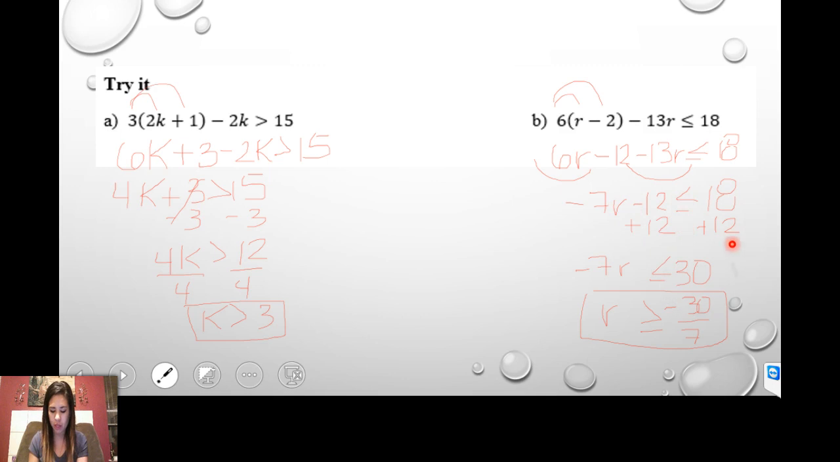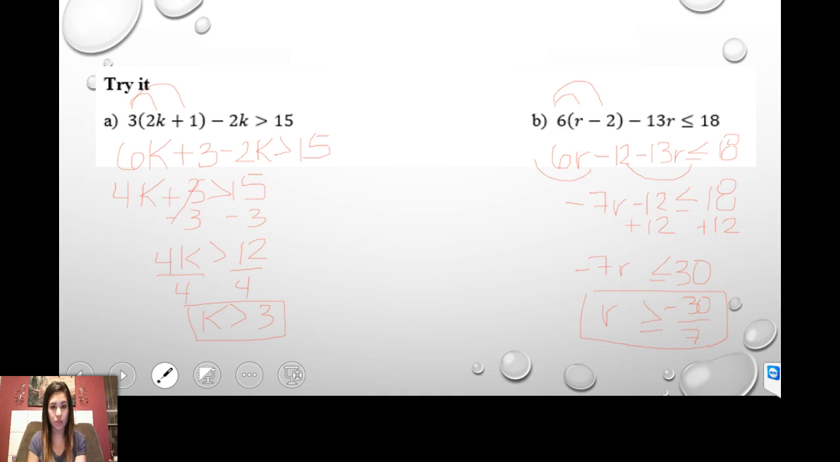I'm left with 30 on the right hand side, and to get rid of this negative 7, I'm going to have to divide both sides by negative. Since I'm dividing by a negative, my sign changes. See if you can see that it's changed, and now I'm left with r is bigger than or equal to